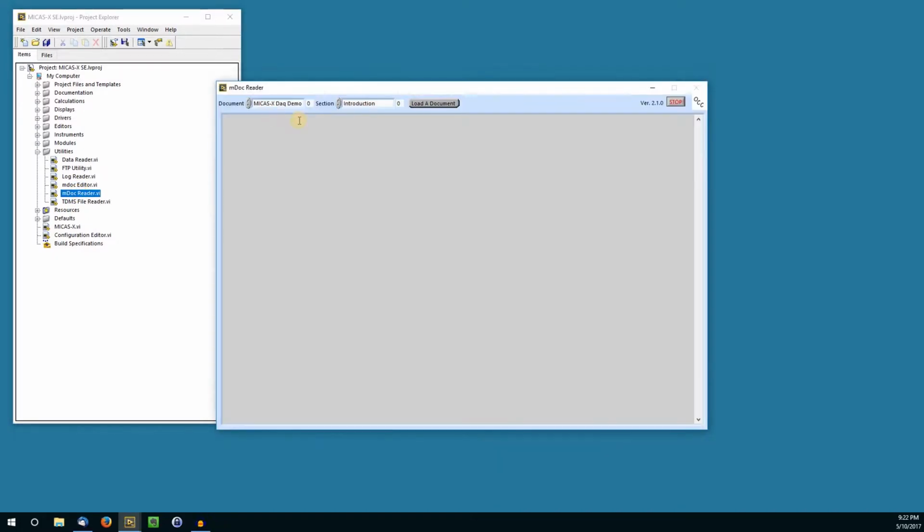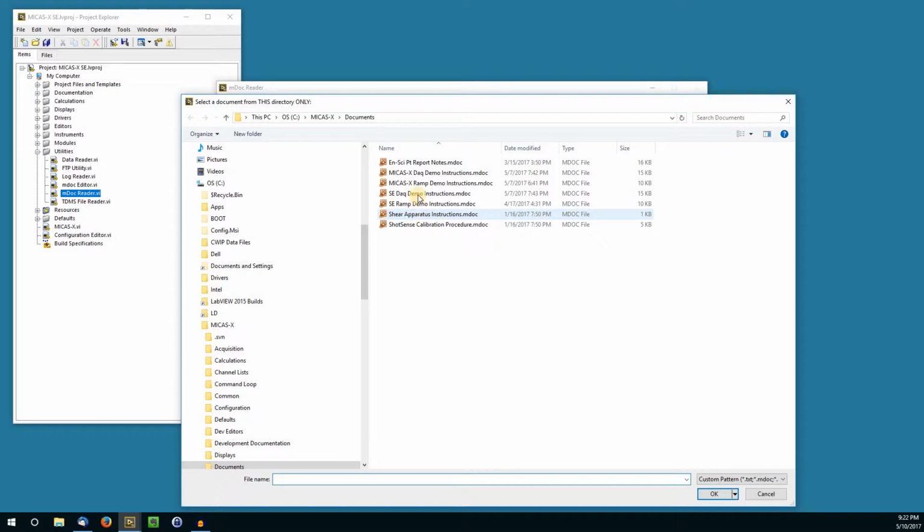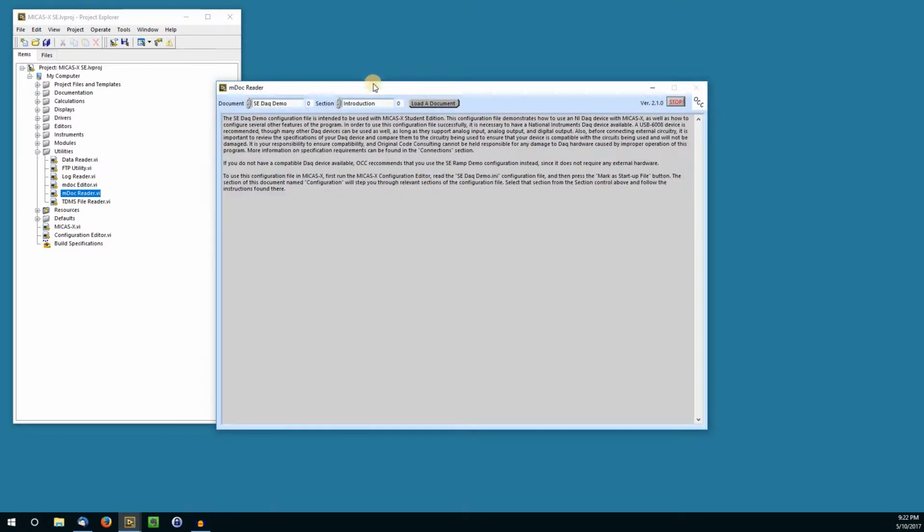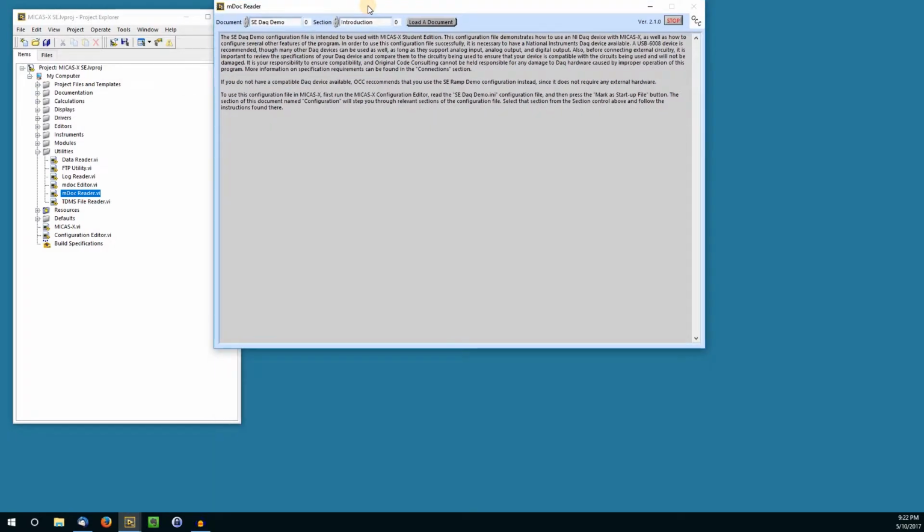Run the mdocreader by clicking on the arrow in the upper left. When it presents a file dialog, select the DAC demo file. After that document loads, you will see more detailed instructions for this configuration, which you will need in order to